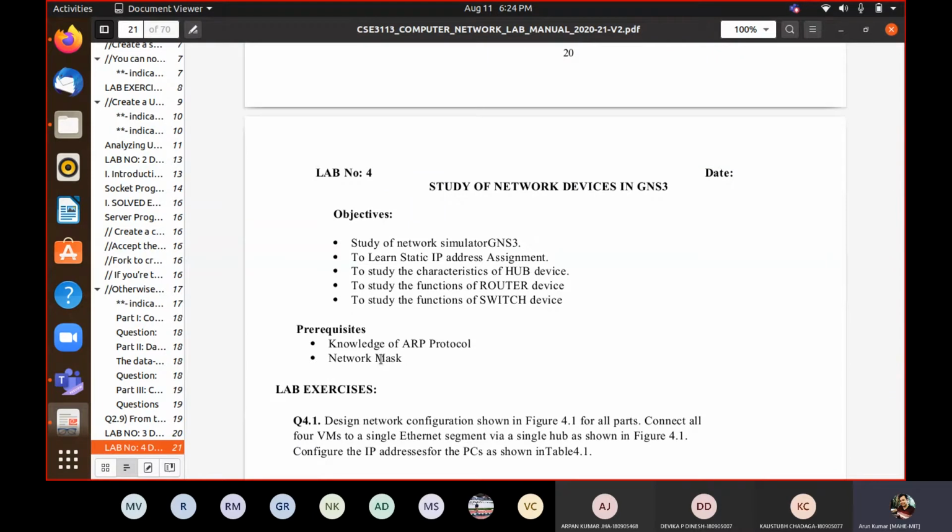So whenever any device comes in and asks for an IP allotment, it will first straightway contact the DHCP server. Everything will be automatic. But if you have to do it manually, you require these three basic pieces of information: IP address, network mask, and gateway address. Why do you require a gateway address?